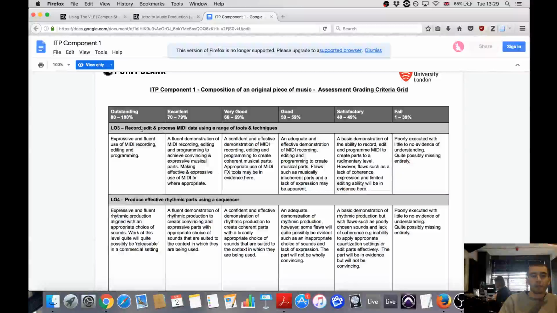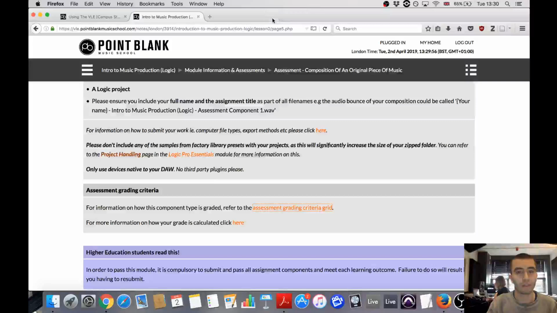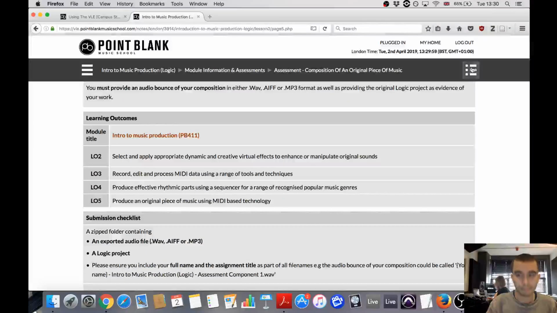So, for example, this one, recording, editing, and processing MIDI, fluent demonstration, MIDI recording, editing, and programming. In your lecturer's eyes, you need to be achieving this in order to get the top grade. It's good to know what they're marking you on when you submit an assignment, just so you know what the boundaries are and what kind of level you should be at, or at least have some indication of it.